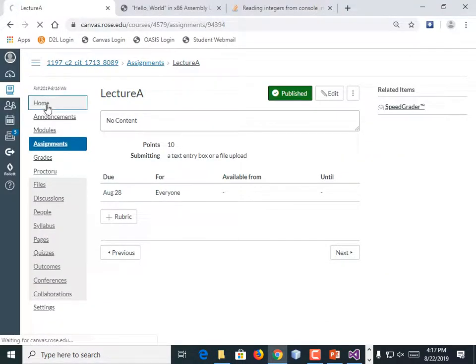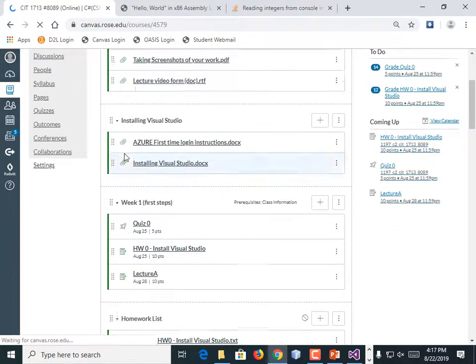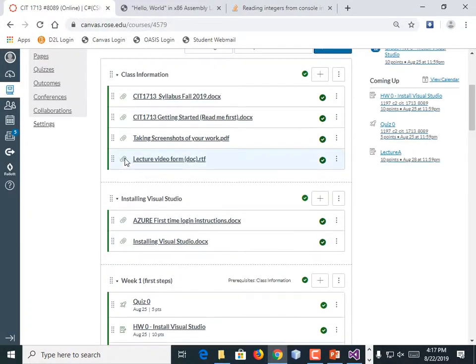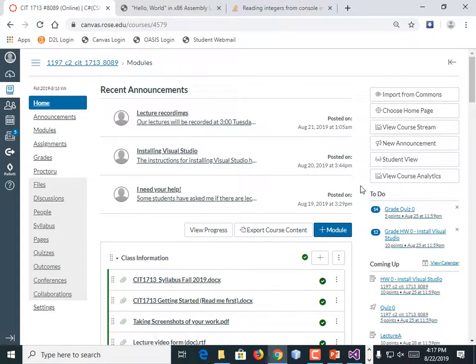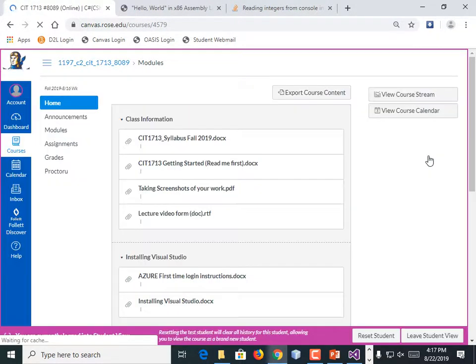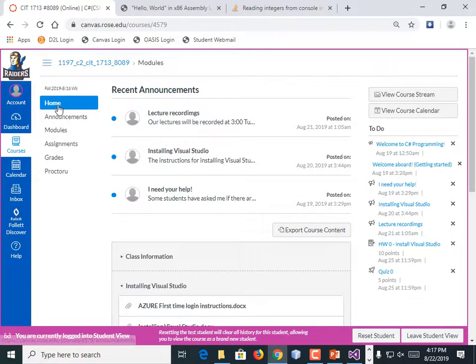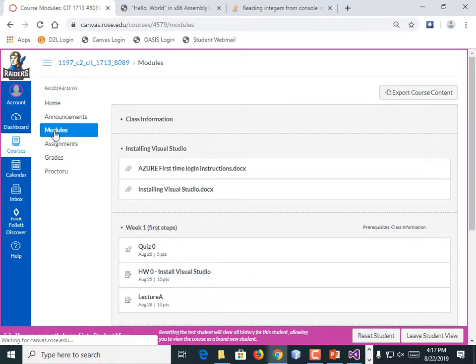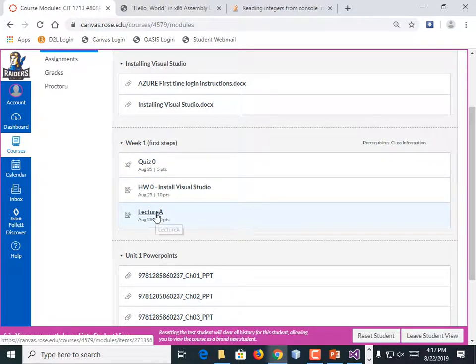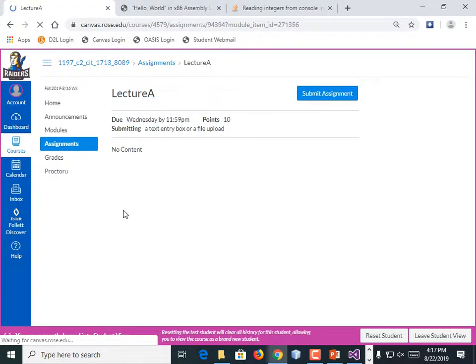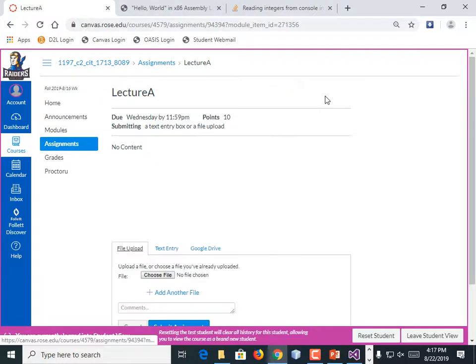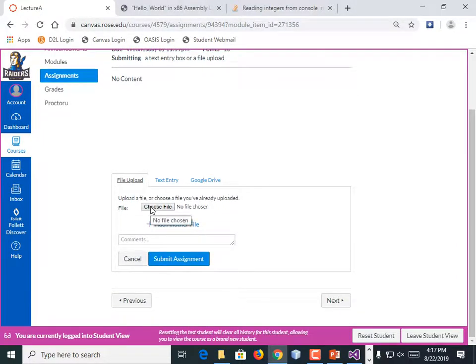All right, so we're ready to upload our file. This may be your first semester here, or maybe your first time using Canvas, so I'm going to go ahead and demo it. What we need to do is go to Modules. We need to find the lecture. It'll have a slightly different name. It'll say Lecture A Upload. You're going to click Submit Assignment. And you're going to choose your lecture video review form and the .zip file.